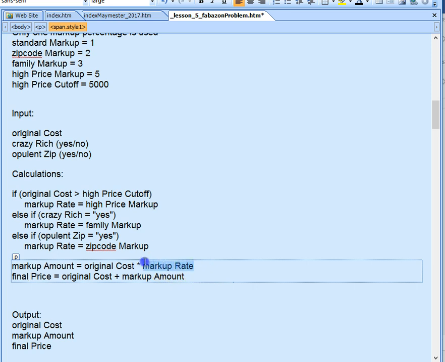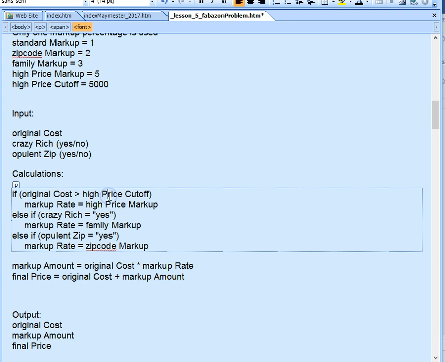That's why we use the bottom-up methodology, because I don't want to have too much stuff in here, and if I'm doing this math 3 times in there, then it's wrong. All right, so then I have to make decisions to figure out my markup rate, and the first one is going to be, well, there was the original cost. The reason why that's got to be first is that that is going to be